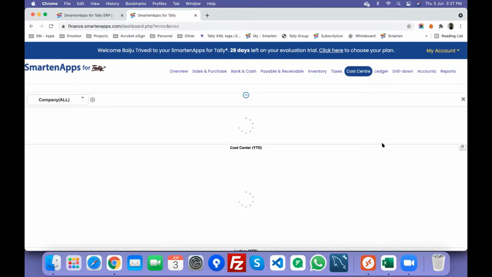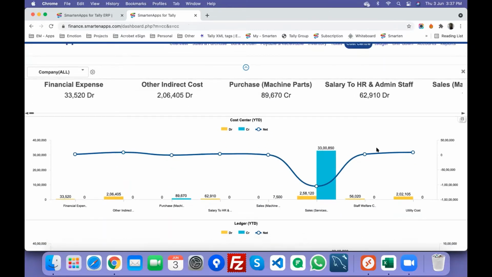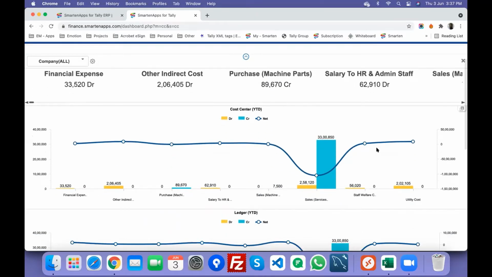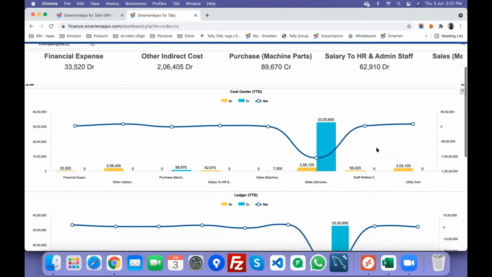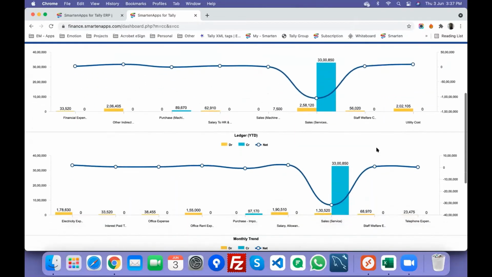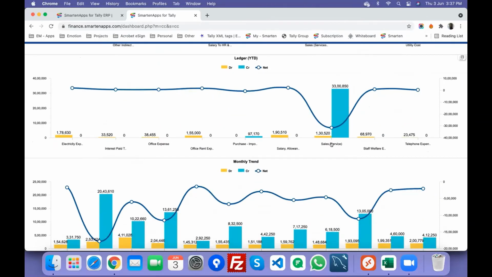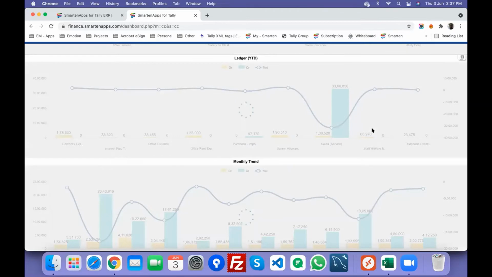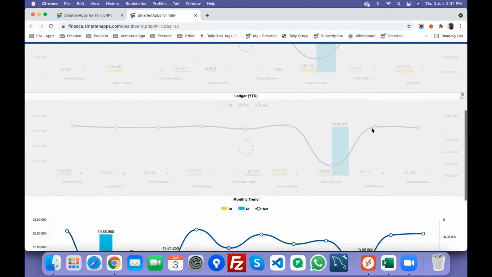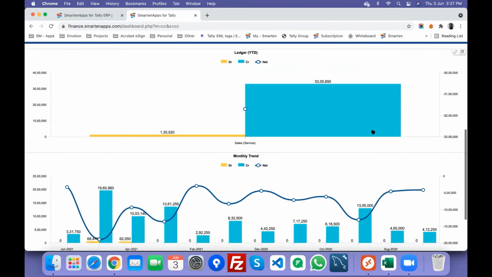Cost centers, very important for some companies who manage these cost center groups. So balance by cost center groups, that you can see how the debit, credit, and net is moving, and how the ledgers. So if you select, say, for example, a particular cost center group, yeah, let me reset this ledger.